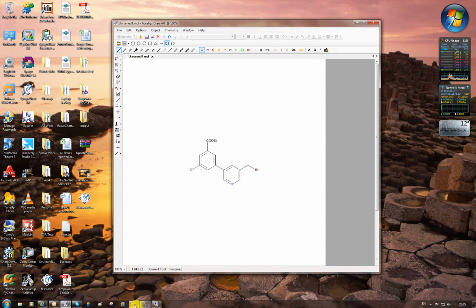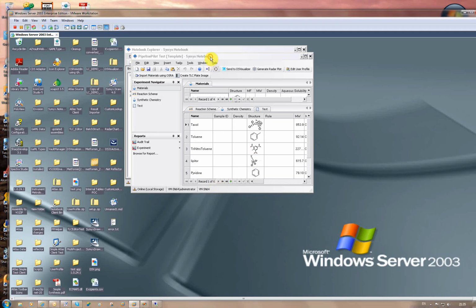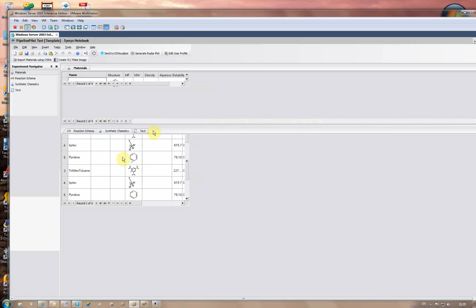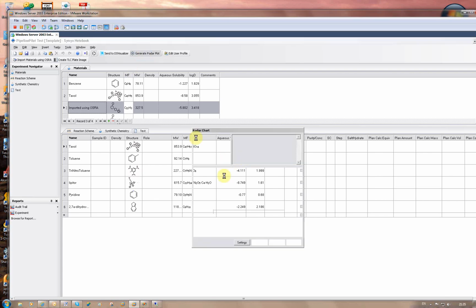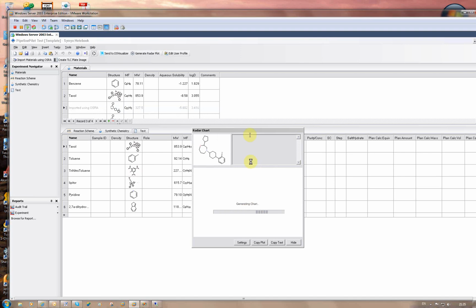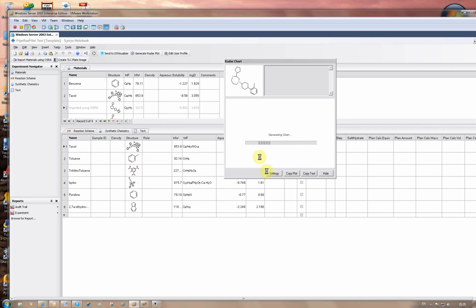We can go to this VM that I've got running and we can have a look at it working inside Symyx Notebook. In this case I've got a materials table with some structures, and I can choose a structure of interest by selecting its row and then clicking on Generate Radar Plot. You see it's exactly the same UI. It's nice, it doesn't lock up the UI thread whilst it's calculating stuff, and we have a progress bar to see that it's still doing something, because obviously if you have a large number of calculations going on, it can take a few seconds to calculate all of those. There we have our updated chart,